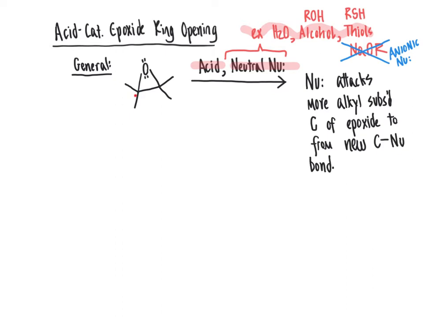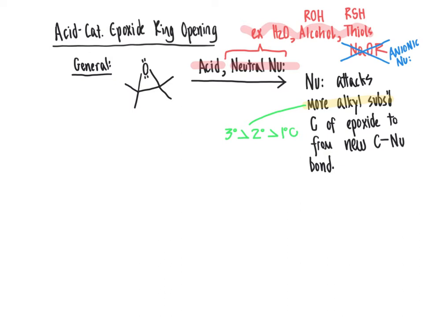When we think about which of the two carbons of the epoxide is going to be targeted for attack, the one on the left versus the one on the right, under acidic conditions, the nucleophile is going to go to the one that is more alkyl substituted, that is more sterically hindered. So when we say more alkyl substituted, the other way we could think about that is that a tertiary carbon is going to be preferred over a secondary carbon, which is going to be preferred over a primary carbon. That is going to be the order in which the nucleophile will prefer the carbon of the epoxide. So based on these criteria